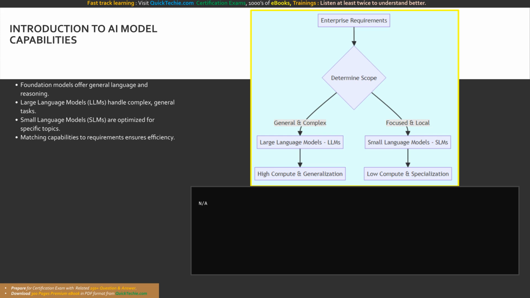When we look at the landscape of modern AI, we are primarily dealing with foundation models. These are incredibly large, pre-trained machine learning models, such as GPT, Claude, and Mistral, that provide general language, reasoning, or multimodal capabilities right out of the box. However, not all models are created equal, and choosing the wrong one can lead to performance bottlenecks or massive cost